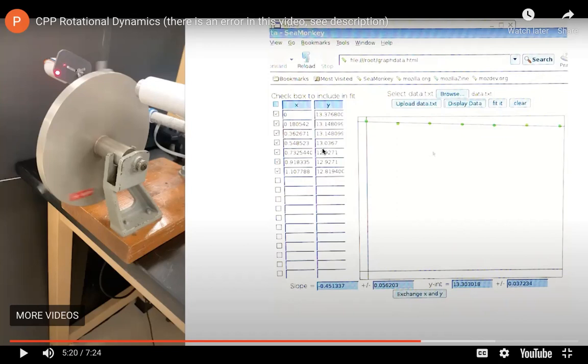But it's more straightforward if you simply tell the computer that the unit you're entering is radians, and your slope will automatically already be in radians per second square. So that's already alpha, and you don't have to divide by R. If we were to do this in person, I would tell you